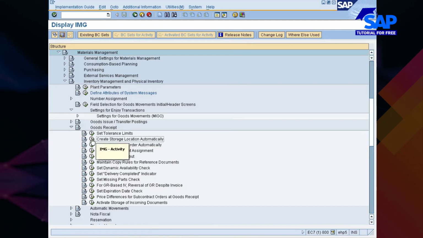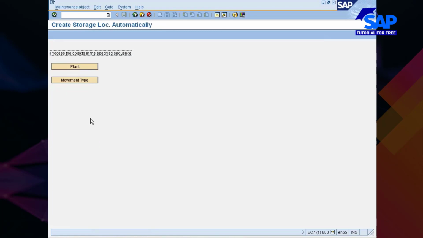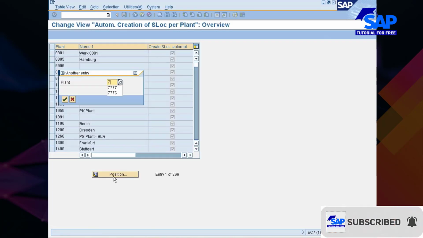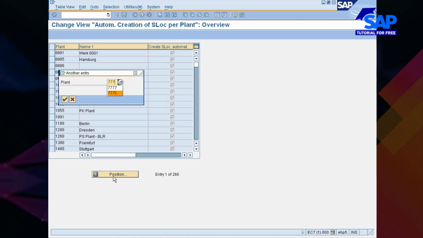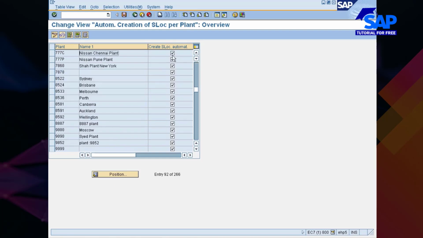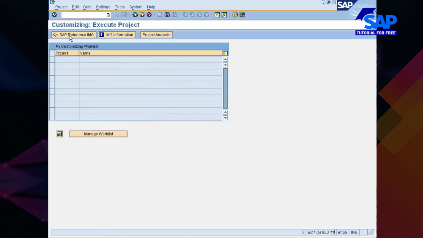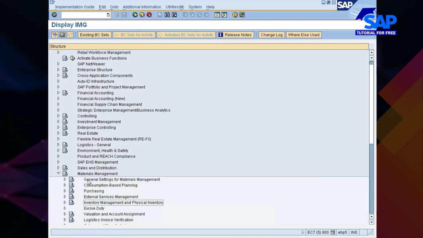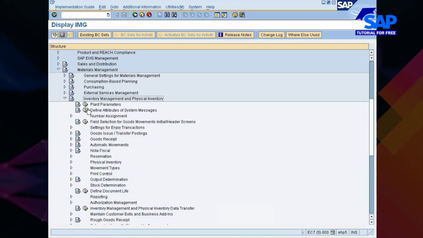If you look into this place at your plant, because you have already maintained, I'll just show you here. This check has come automatically. Why? Because when you went with plant parameters in your material management, you just went with maintain plant parameters in the beginning, right?